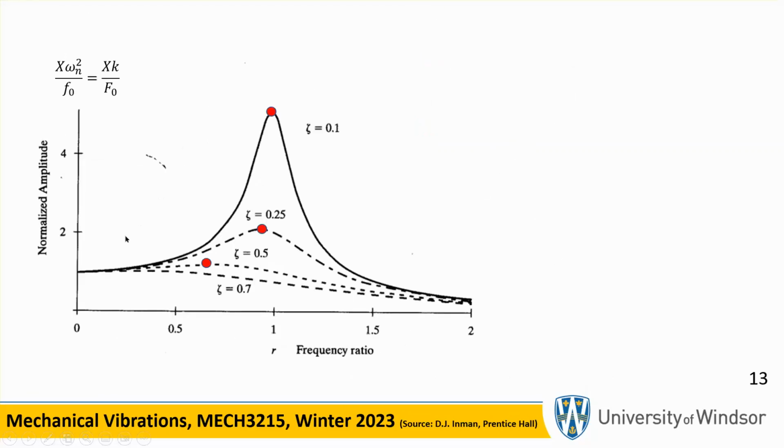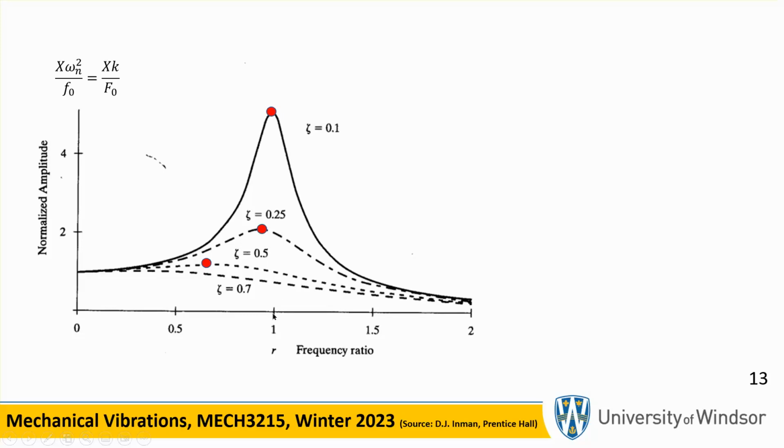Another thing that we observe here is that, well, at r equal to 1, no damping shoots to infinity, but damping will stop it from going to infinity. That much we know. But the peak of the amplitude is not quite at r equal to 1. It is not very far from it either, but it's not quite r equal to 1. R equal to 1 in the undamped case actually shoots it all the way to infinity. When there is damping, it doesn't shoot it to infinity, but a little bit to the left of it, the amplitude is even higher. However, because